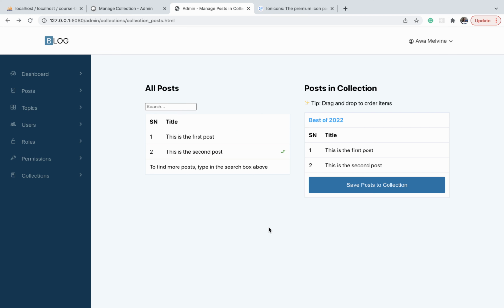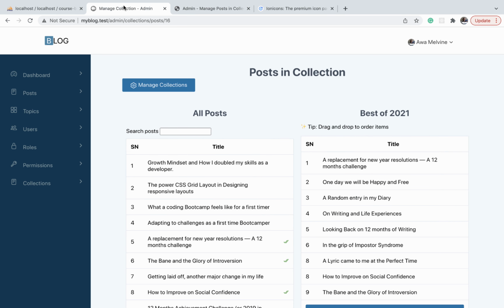In this video, we are going to be adding the last of the admin pages, and the page we are adding is the assign permissions to roles page. So let me show you what that looks like on the finished project. You click on the roles item on the sidebar,